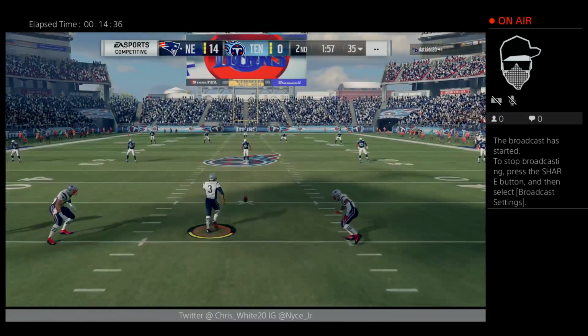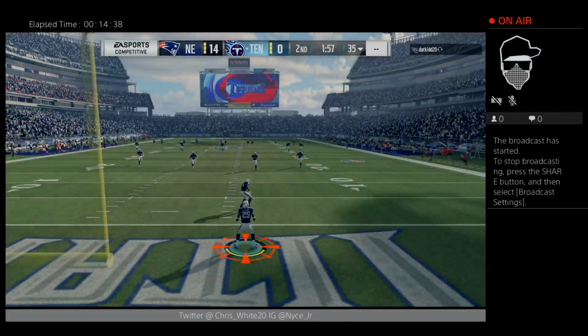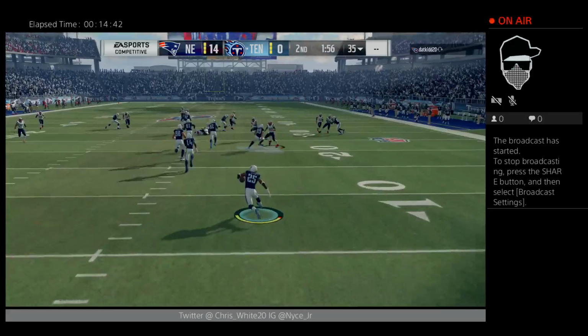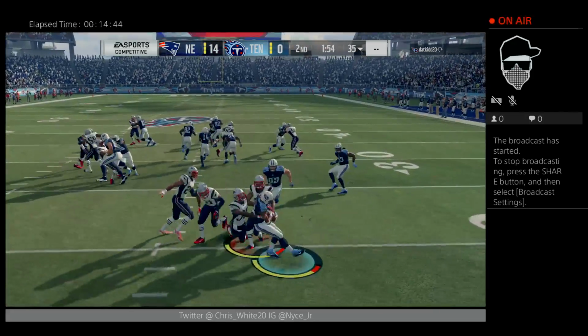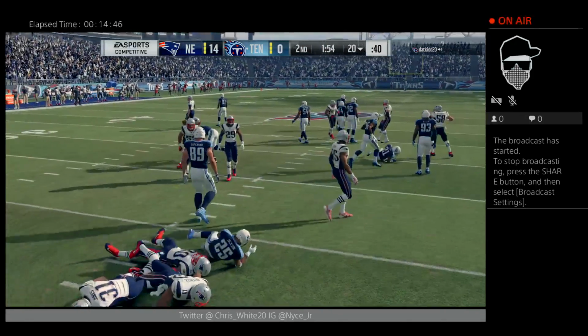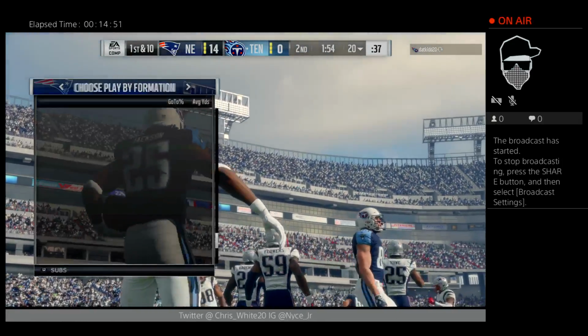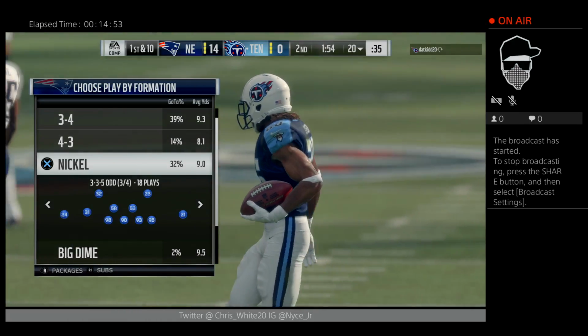Gostkowski now out to kick it away. This is fielded a couple yards deep. And the decision to come out is going to cost him 5 as he's taken down right at the 20. But before the possession switches here, I had written down that I wanted to talk about some of the